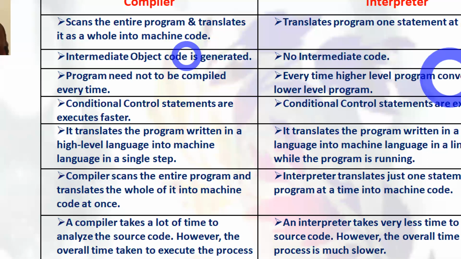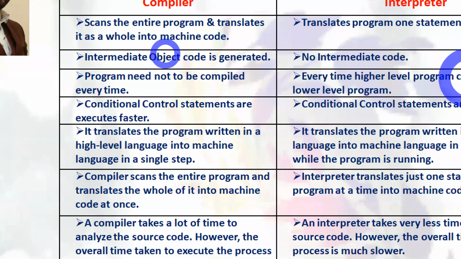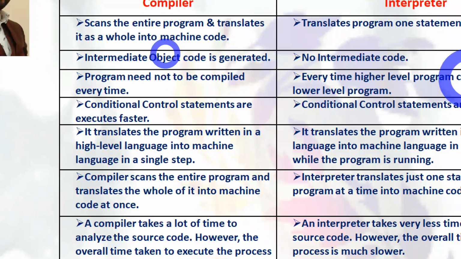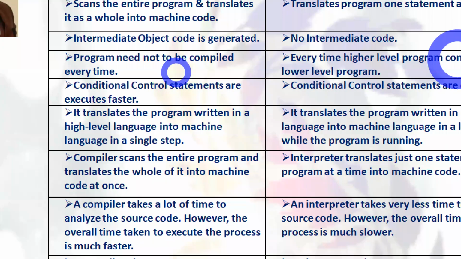And a compiled program need not be compiled every time. Why do I say this? Because in Java, in the previous example I told you, once Java is successfully compiled, that bytecode must be run on different platforms, either Windows based platforms, Linux based platforms, or Mac operating system platforms. That's why the interpreter is mandatory to run in the runtime environment. But with a compiler, once it is error free and successfully compiled, for some programming languages it is not necessary to compile every time. Compilation is not required.